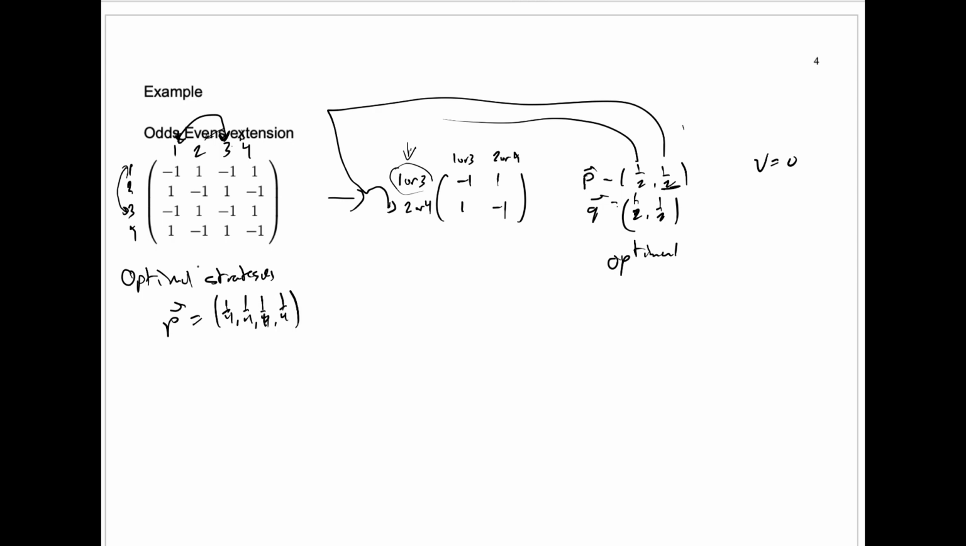And of course you could have figured this out using other techniques. We have equalizing strategies and all in this 4x4 game, but it's kind of a triviality to just reduce it to the 2x2 version. The value of the game, of course, is still 0. Here's a much more interesting